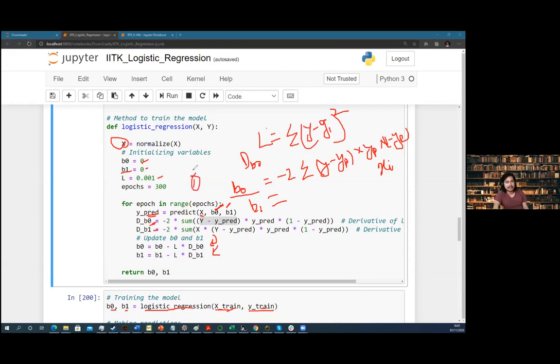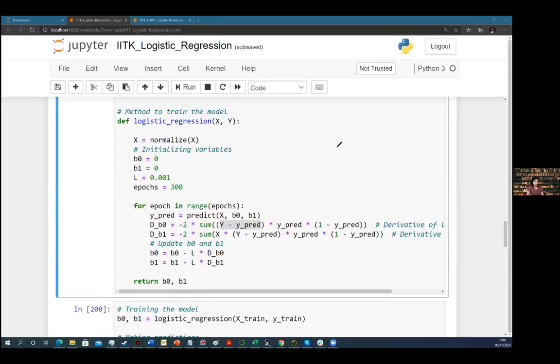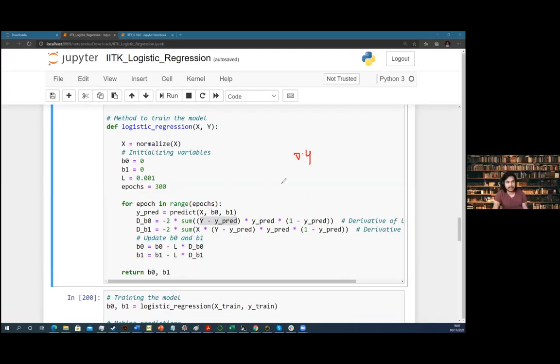So for the first time, some random value came up, right? Let's say for the first time, we got some value as 0.4. Because it is sigmoid, it can come up to be any value. So now if I calculate the B0, this is my predicted value. And let's say my actual value was 1, right? So now what will db0 be?